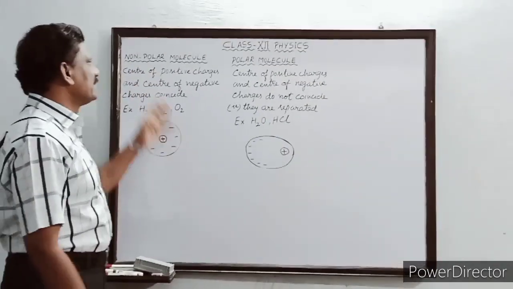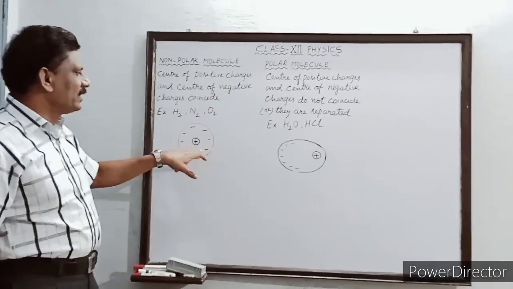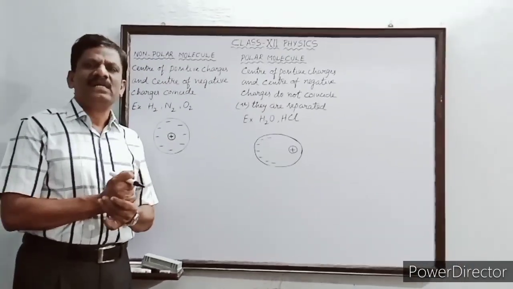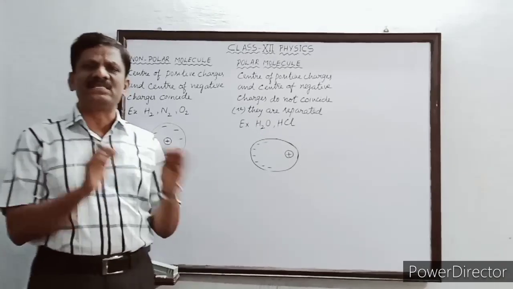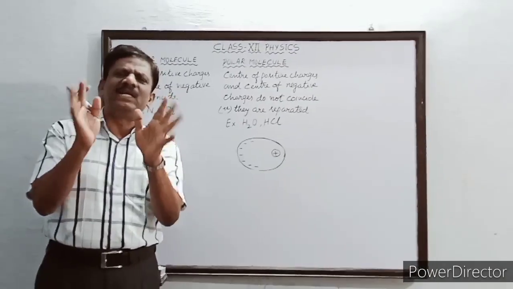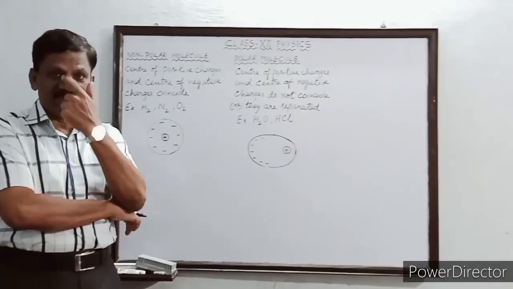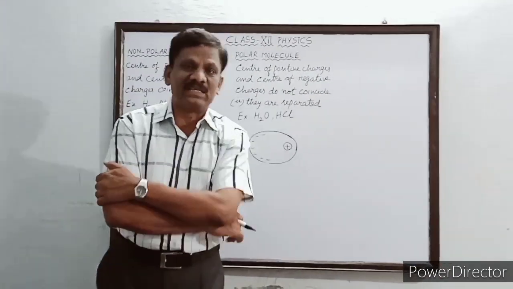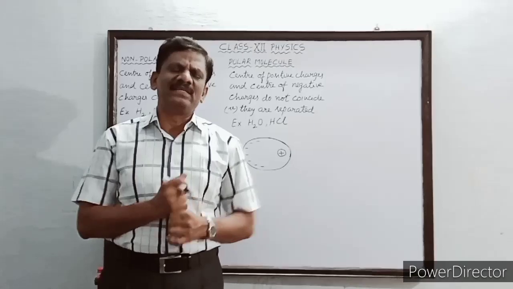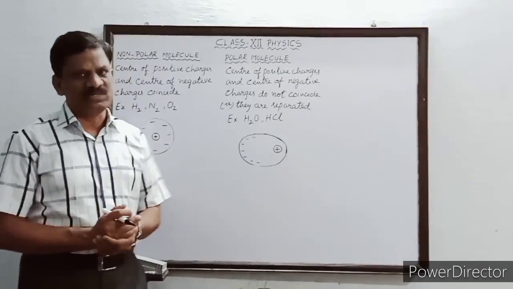Now let us consider one such molecule, which is called a non-polar molecule. Before defining, look at the diagram. In the entire molecule there are so many atoms, and inside every atom there are some number of positive and negative charges, so the concentration of all the negative charges will be at a point that is called the center of gravity of the negative charges, or simply the center of the negative charges. Similarly, all the positive charges present inside the entire nucleus will be concentrated at one point, that is called the center of the positive charge or center of gravity of the positive charge.